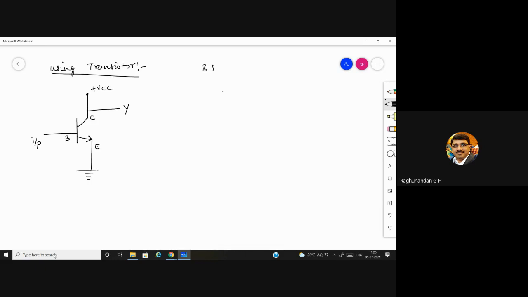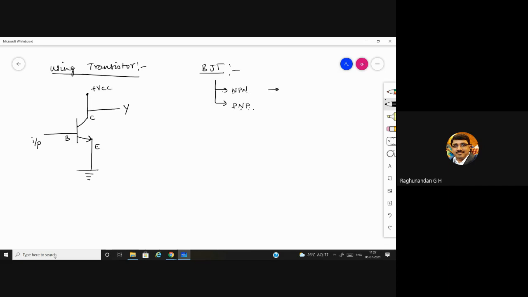In BJT, bipolar junction transistor, there are two types, NPN, otherwise known as PNP. NPN means between two N layers, one P layer will be inserted. PNP means between two P layers, one N layer will be inserted.